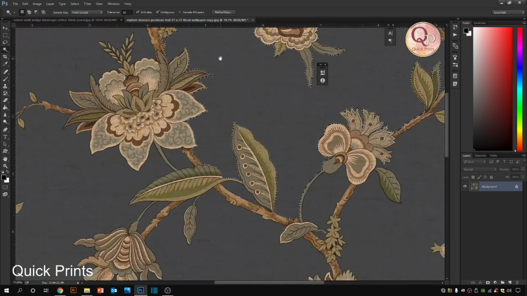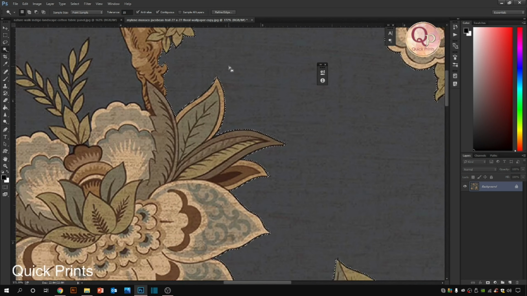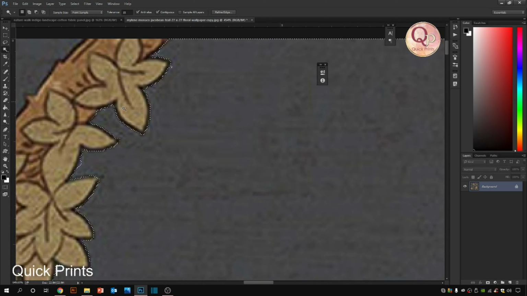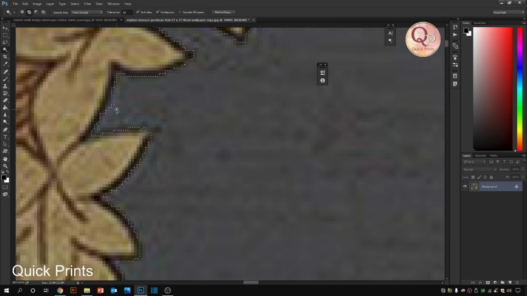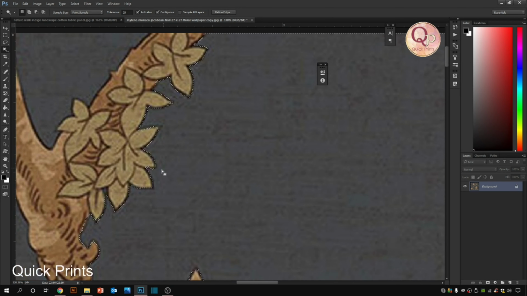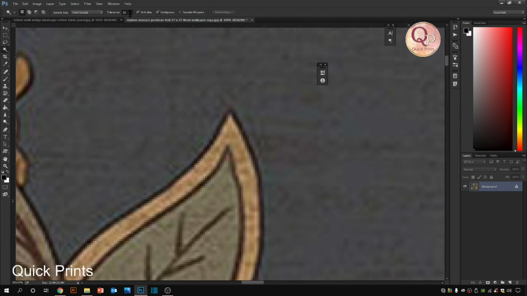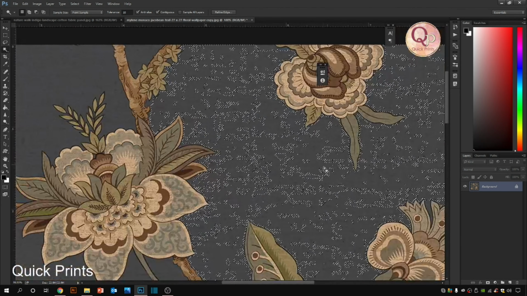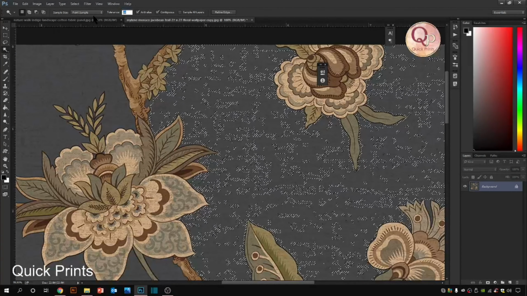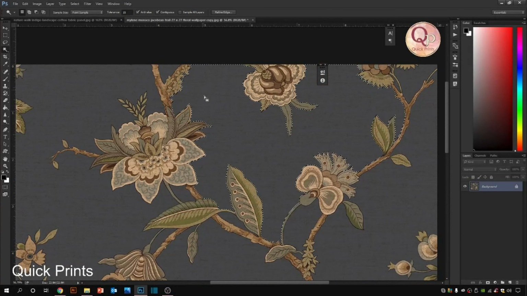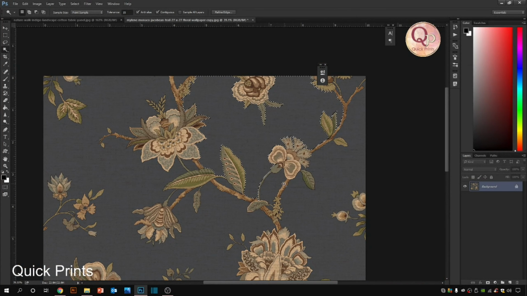Here you can see the selection is going pretty good with a tolerance of 15. Everything is very fine. Let me tell you what would happen if the tolerance is increased or reduced. If I keep the tolerance at 25, the selection goes down into the outline and affects the outline, so let's not do this. And what if I keep it at 10? At 10 you will get this kind of texture. So let's stick with a tolerance of 15. 15 is good enough. Now you can see the background has been selected.